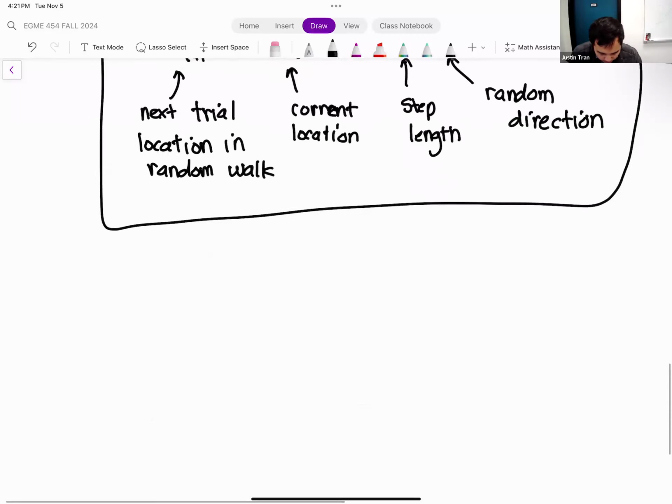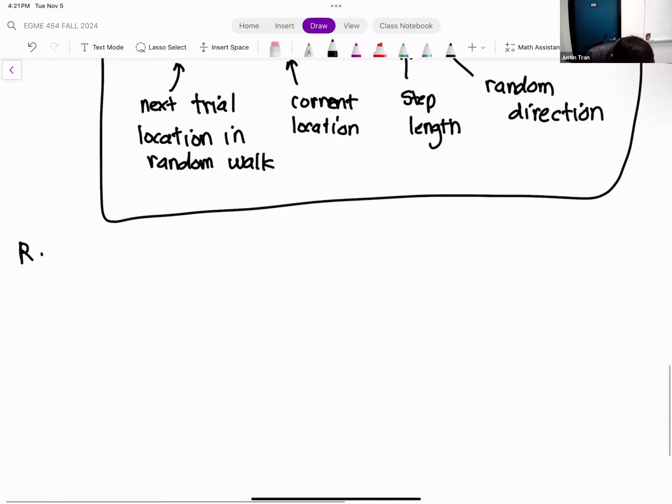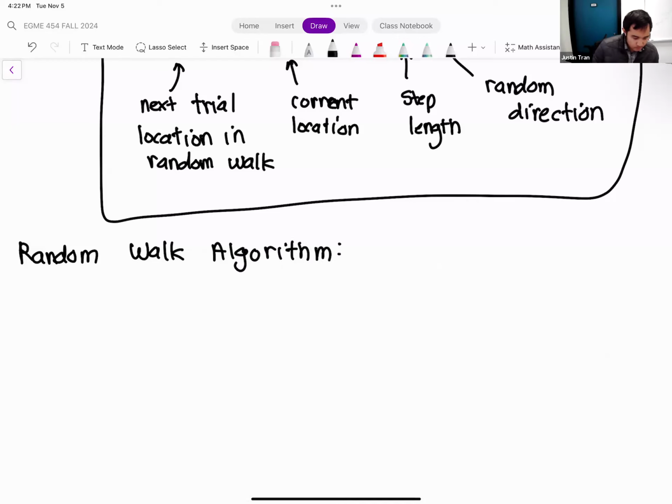All right. So let's go over the algorithm. For the random walk, because our successive guesses depend on our current location, we need some kind of initial guess. Right?